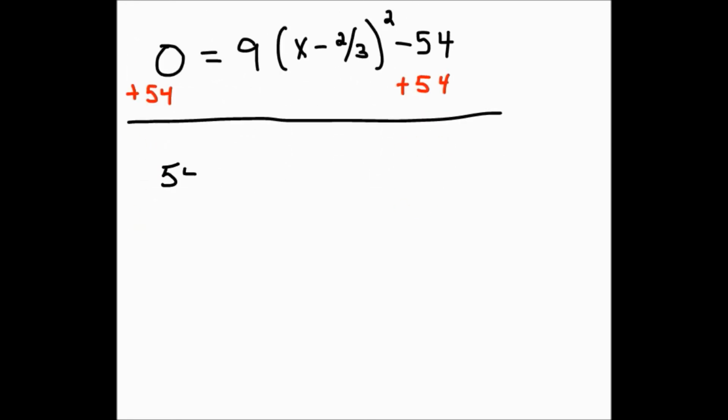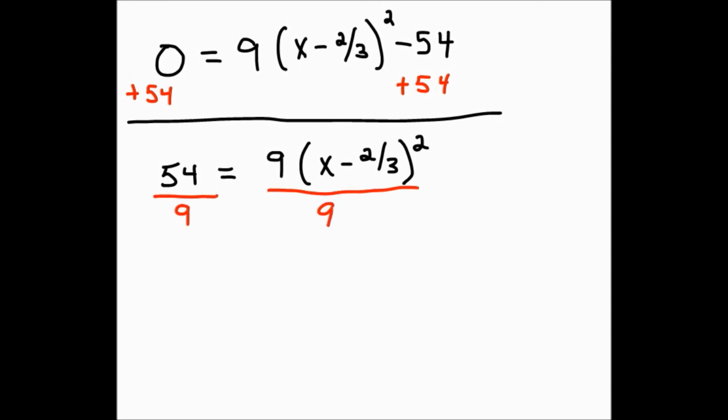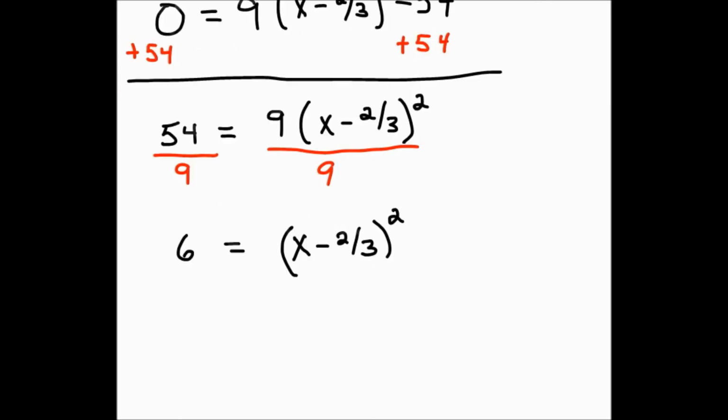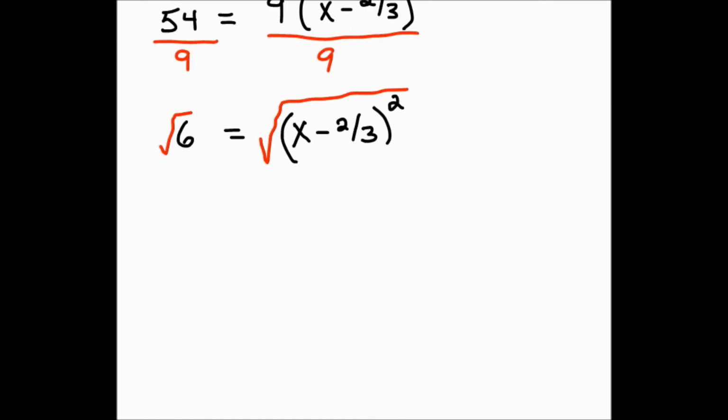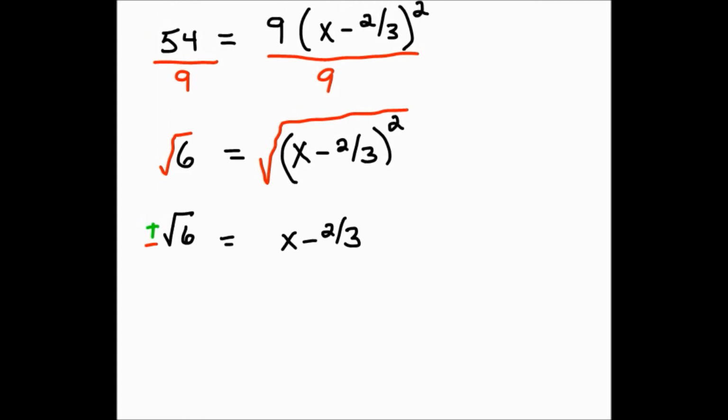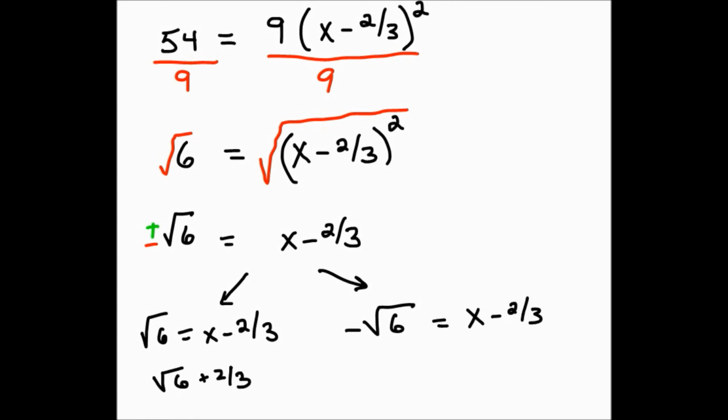Going to divide by 9. Take the square root. Square root of 6 is simplified. There are no perfect square factors of 6, so positive square root of 6 equals x minus 2/3, and negative square root of 6 equals x minus 2/3. So my final zeros are square root of 6 plus 2/3 and negative